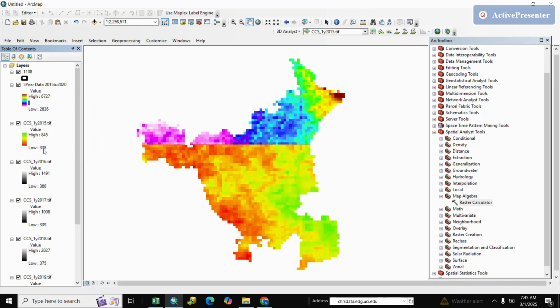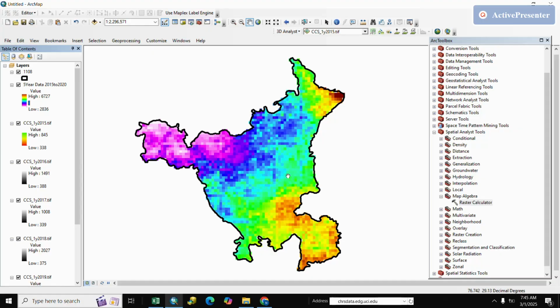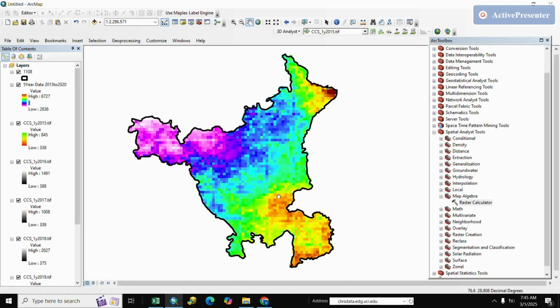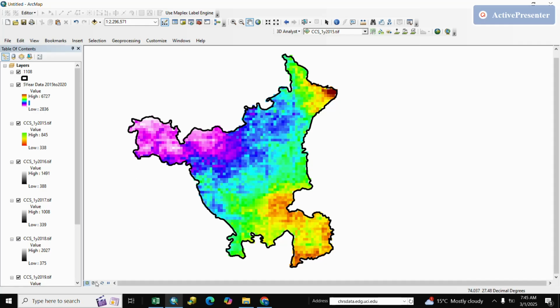And OK. Here is our rainfall data, and if you want to prepare a map, you go to layout view